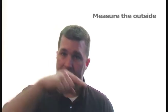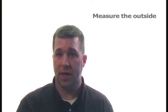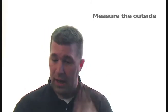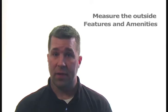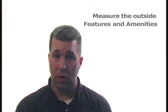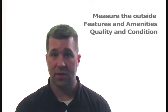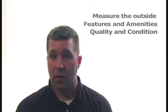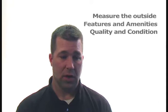All we're doing when we come to your house is measuring up the house, typically the footprint. We're measuring the outside. Most appraisers don't take measurements of the interior because we're looking for gross square footage or the outside footprint. We're looking for features and amenities, number of beds and baths, the quality of the materials utilized in the home, the flooring, is it wood, is it vinyl, is it carpeting, what is the quality of the cabinets, and features and amenities like fireplaces, decks, patios. We're also looking for age of the house and other features like site size, is it a lakefront home, things like that. We walk through the home, we snap pictures, but in terms of inspection, we're not inspecting for defects